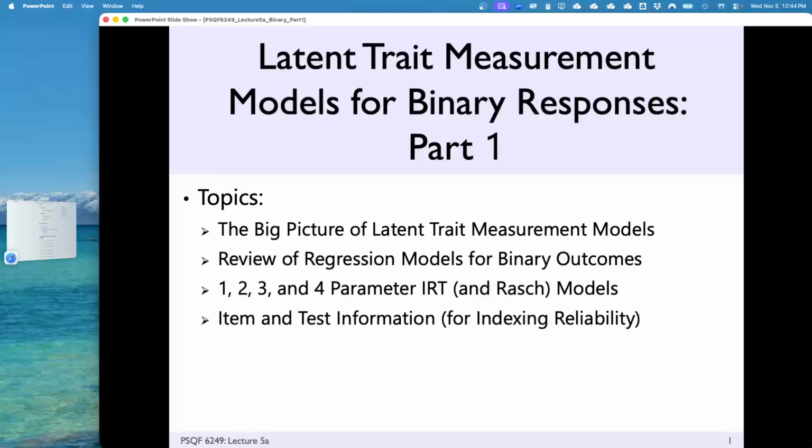We said, okay, most of the time when we see data for this version of a class in a social or educational science, the input data are usually like Likert items, categorical test item responses, right? And we talked about, okay, if you have enough of those, if you have 5 to 7 or more, and the data seem to be mostly unimodal and unskewed, yeah, what we're doing up to this point mathematically seems to make sense. But in practice, that's seldom the case, right? We are taking categorical data and treating it as continuous.